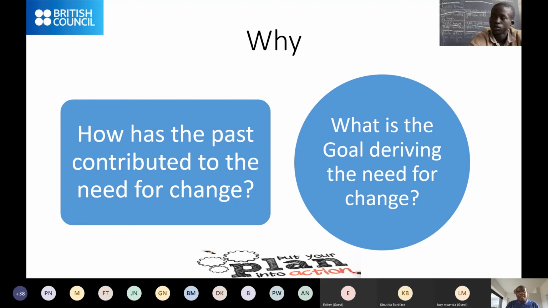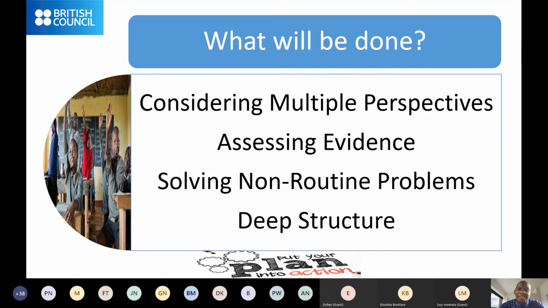Because without a compass, north, south, east, west, they all work. So you need to have a goal for this particular action plan, for this first phase of implementation. You set a goal, and that goal will be your compass, directing you on where you are going as you unfold your implementation. Once you have a goal, now you come and say what will be done.